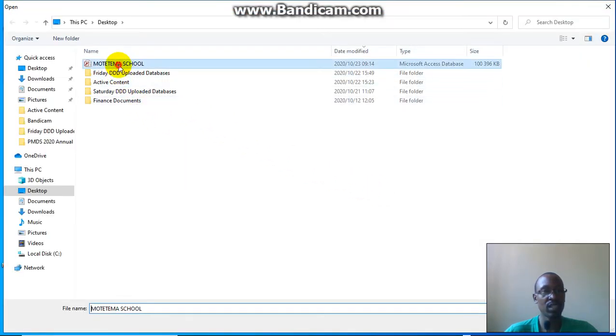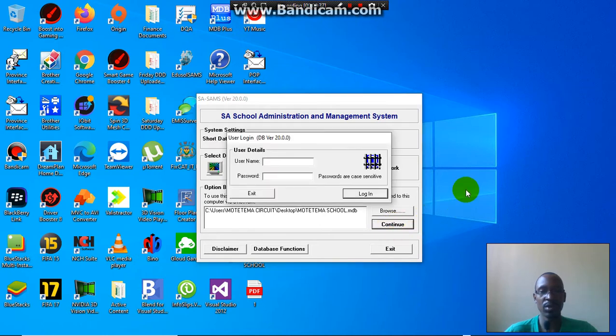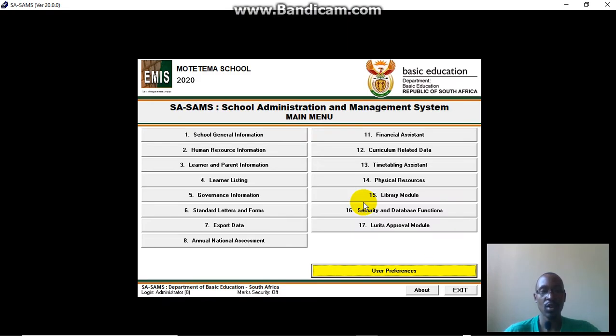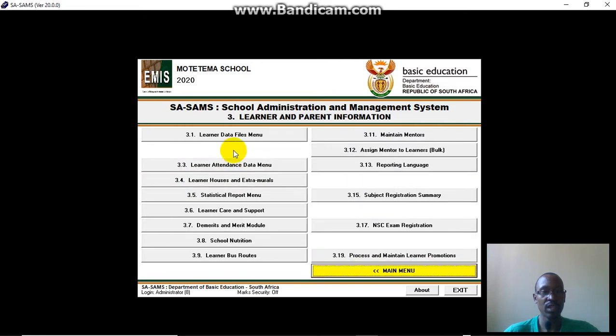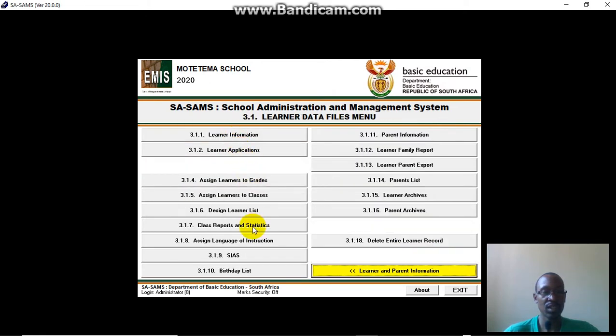Colleagues, mind you, I'm at second level, so I'm opening the database in terms of browsing it. But in your situation, you will be going through the database your normal way of simply clicking the icon, and then the animation comes up, and then you continue as normal. Once you're inside your database, you will then go to learner and parents, learner data files,